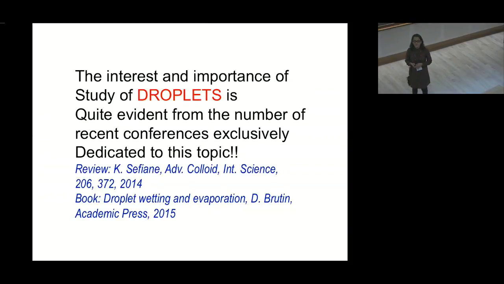It is interesting because of the shape that a droplet creates when placed on the interface. It is not a perfect hemisphere, it is a truncated sessile drop. And because of the shape of the interface, the evaporation flux from the interface is non-uniform. It is maximum at the triple line of contact, where the droplet thickness practically goes to zero. And because of this, there is a velocity field, which is again non-uniform inside the fluid of the droplet.